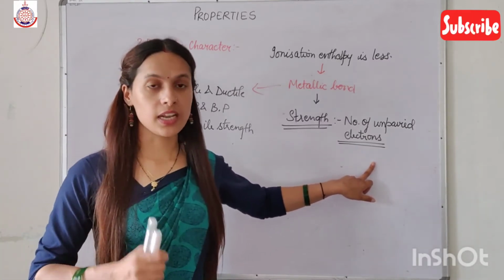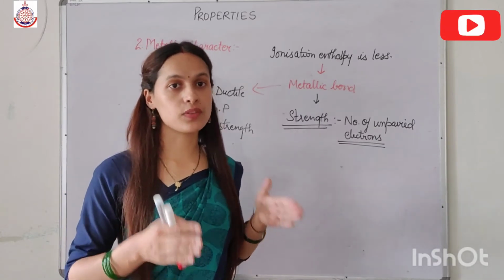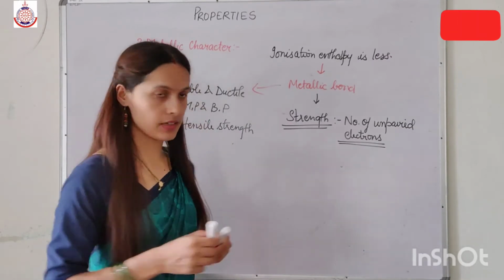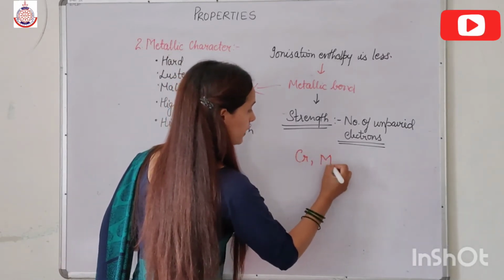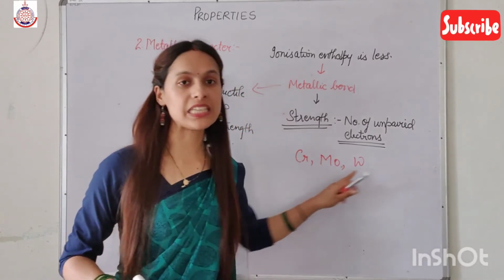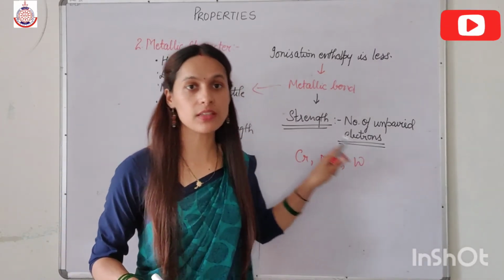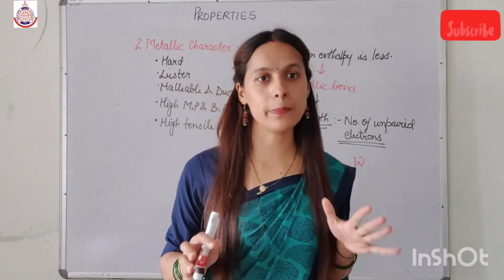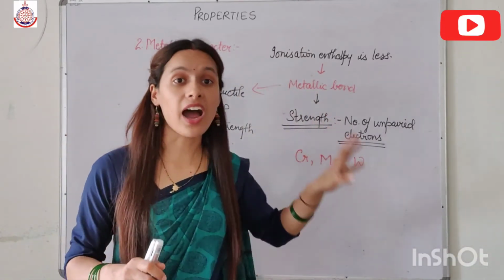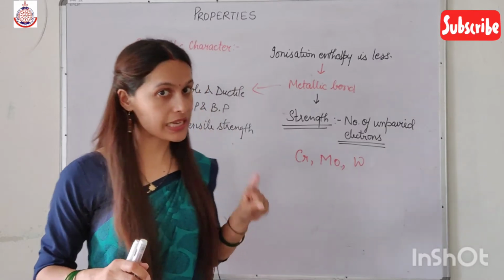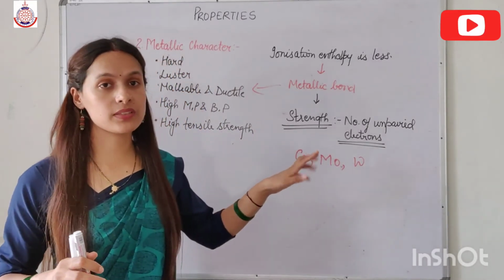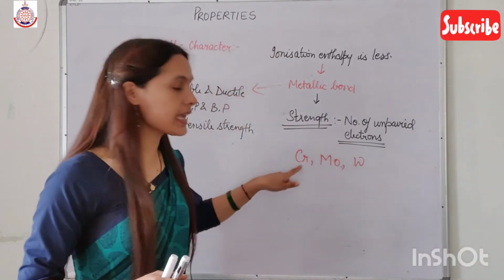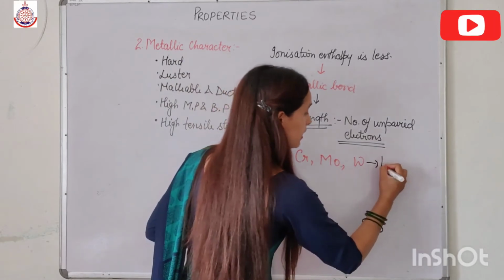Because of this reason, if we talk about the middle members of the first, second and third transition series, which are chromium, molybdenum and tungsten, because of the maximum number of unpaired electrons, they are very hard metals in their transition series. Clear? इनमें सबसे ज्यादा हमारे क्या प्रेजेंट होते हैं? अनपेयर्ड इलेक्ट्रॉन्स प्रेजेंट होते हैं अपने पीरियड्स में. दैट्स व्हाई ये क्या होते हैं? वेरी हार्ड मेटल्स इन देयर